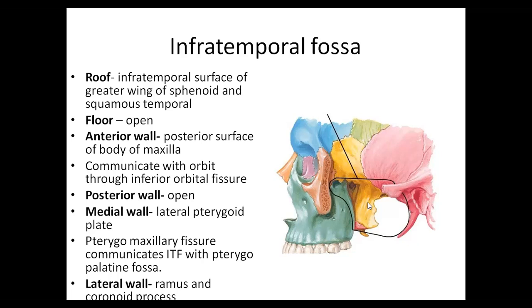Now the medial wall. I told you I would show you the pterygoid plate. What is this? The lateral pterygoid plate. I also mentioned the pterygoid hamulus. Here there is a fissure between the pterygoid plate and the maxilla. The name of this fissure, where I am scrolling my arrow, is the pterygomaxillary fissure, which communicates the infratemporal fossa with one more fossa inside. It is very hard to view even if you hold the skull in hand. That area is the pterygopalatine fossa.